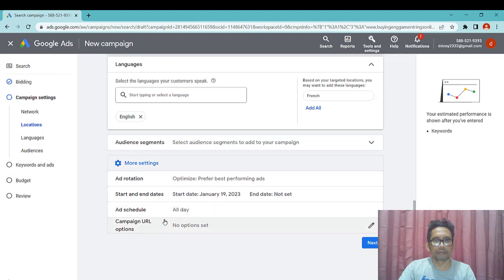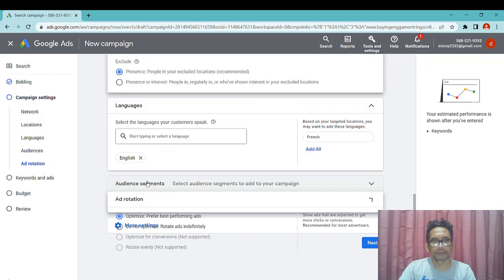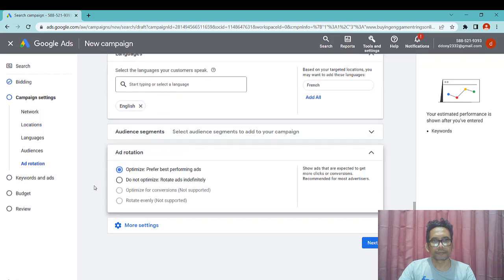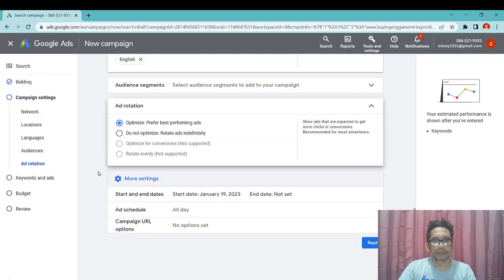Click more settings, ad rotation, optimize, prefer best performing ads. I'd rather choose prefer best performing ads. Another setting is start and end dates.